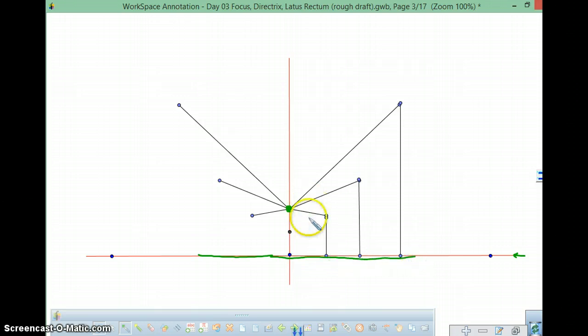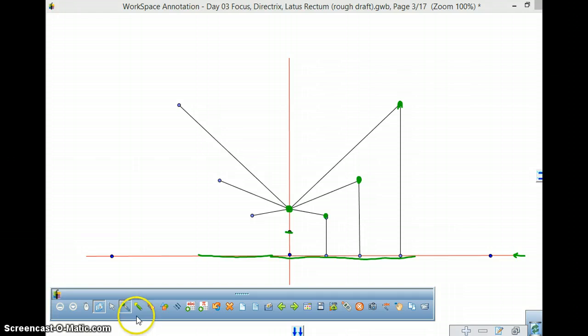Okay, that's my line. If I were to find all the points that are equidistant between the point and the line, I could put them in. This distance is equal to this distance. This point becomes it. This distance is equal to this distance. That point's part of it. This distance is equal to this distance. That point is part of it. If I were to trace or connect all of those points, I would end up with,